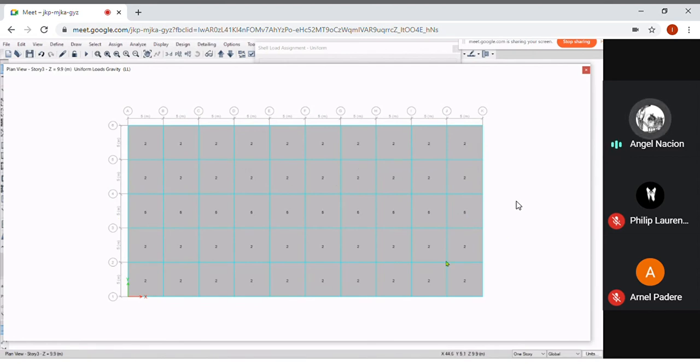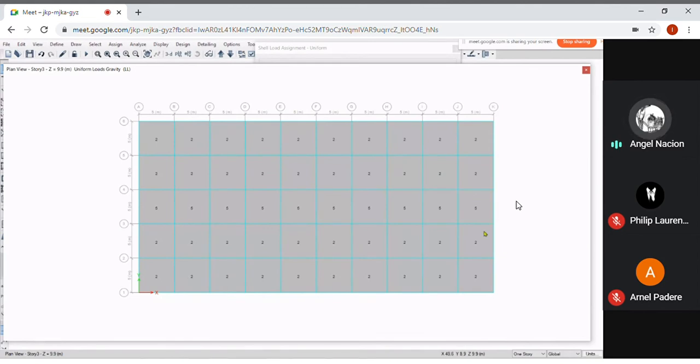The challenging part here is when are you going to, or where are you going to apply these loads? Because we don't know exactly the width of the hallway. For example, what if the width of the hallway is not exactly on this part? Okay, anong gagawin mo? Kapag ang hallway mo is like 2.5 or 3 meter width of the center, for example, dito sa gitna. So anong gagawin mo? What we usually do is we create